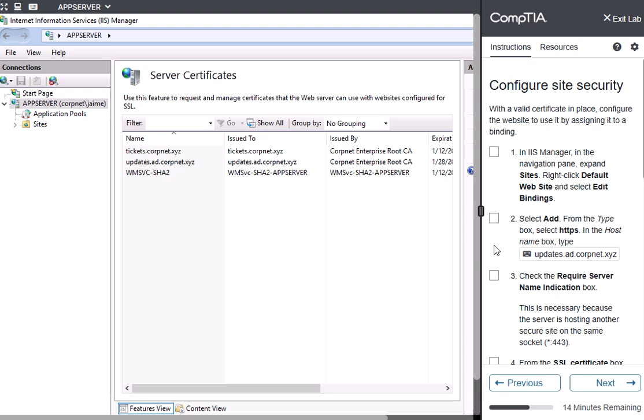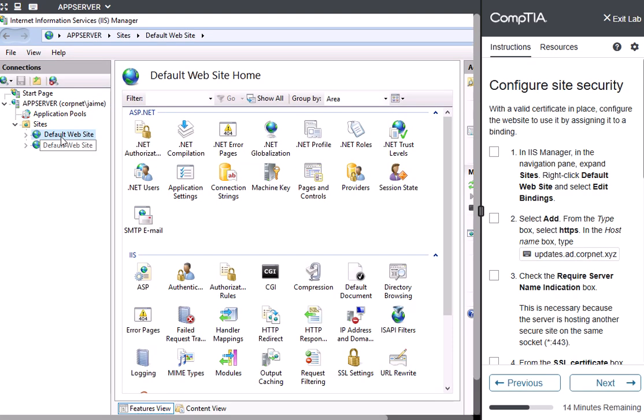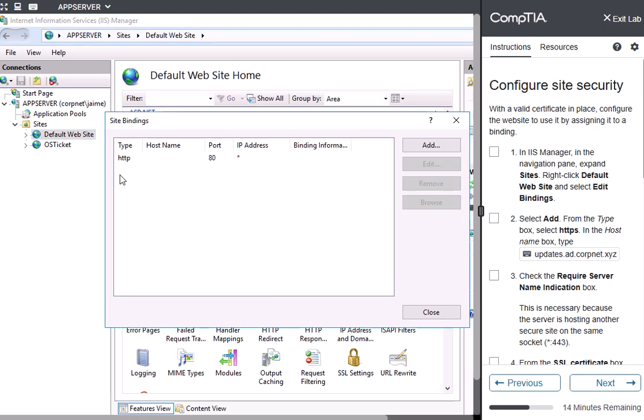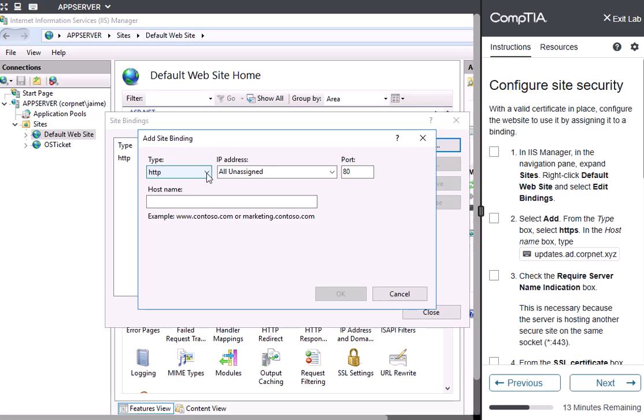Okay, so once you generate the certificate, now it's time to use it. To use it, you have to go to your website. Okay, this is your website. Right click and then edit binding. Now at the moment you only have HTTP. You don't have any HTTPS binding yet. So you need to add. So I'm going to add HTTPS